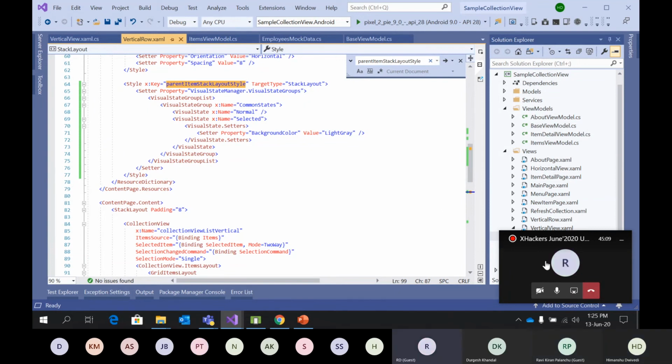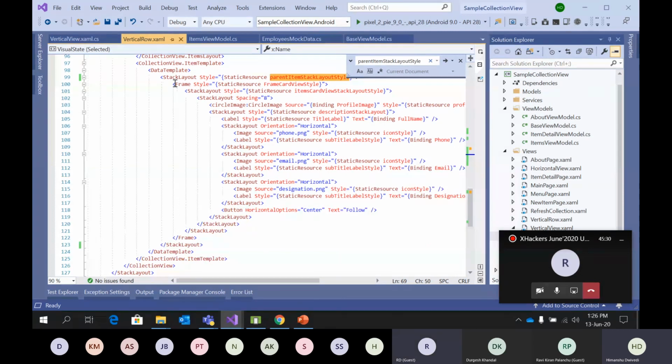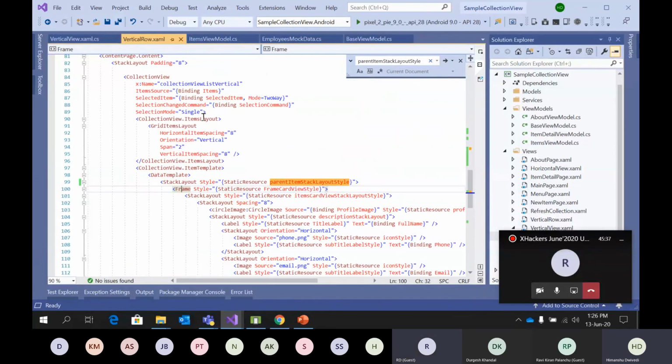So Rakesh, here for that question, right? I think collection view implements the recycler view in the code behind the scenes. So a long click event is there for recycler view. I think he can customize that. Yeah, you have to customize the event specific to the data template. Let's say it's a frame, so you have to put a gesture on the frame. In that case it will work, or you need to check whether you can directly have a selected item event. You just need to modify there also.